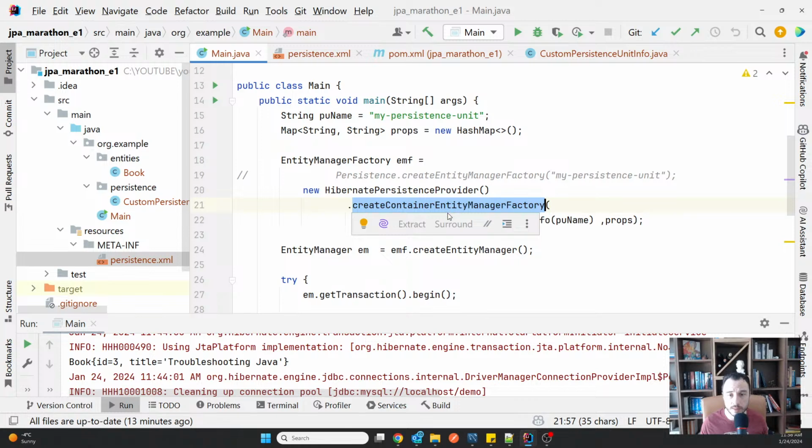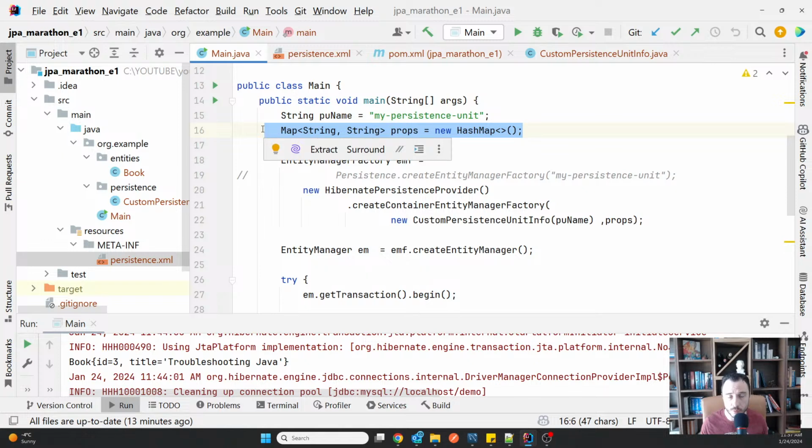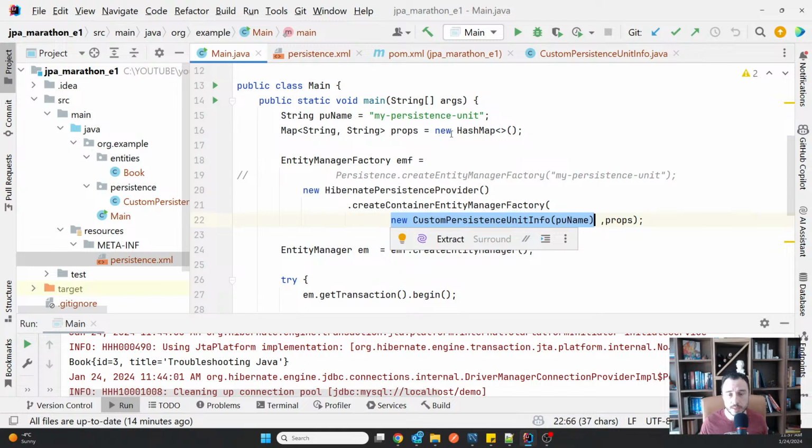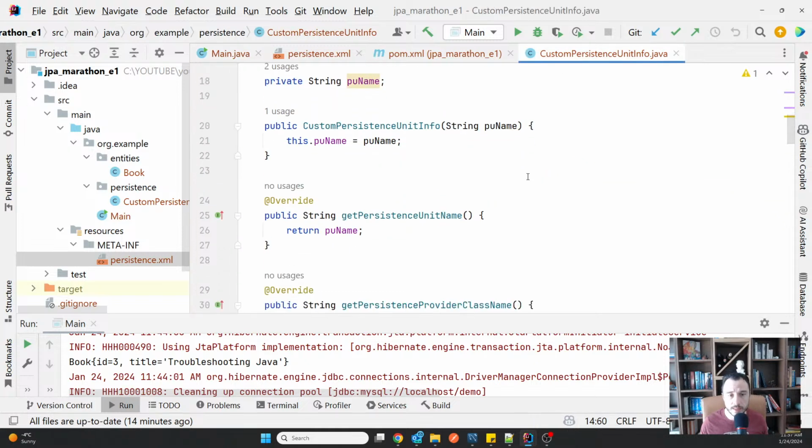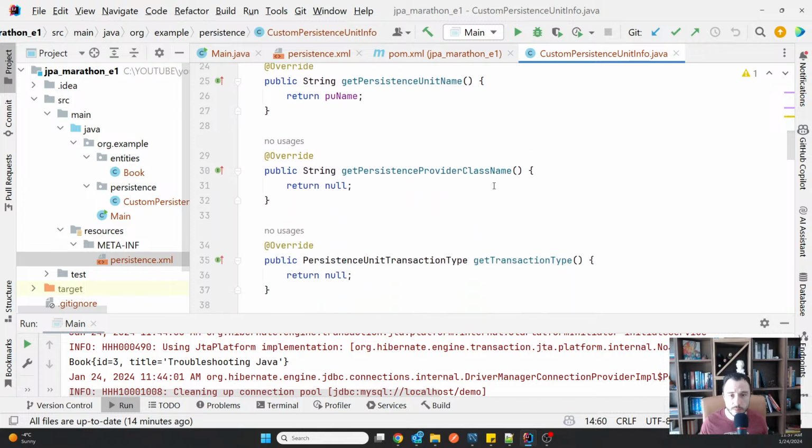I used the create container entity manager factory method, and then I provided the two parameters it needs: a set of properties, which is an empty map for the moment, I will give you an example of properties right after this, and then the implementation for the persistence unit info. Then the next thing we have to implement.